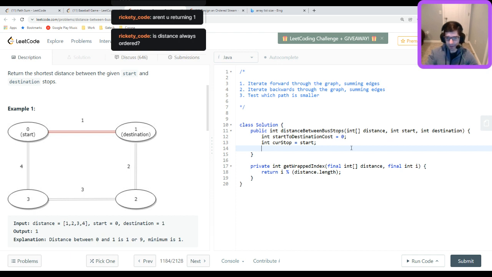Okay, so while loop, current stop is going to equal the start. And that's where we're going to get kicked off. So I think here I do need a wrapped... Do I need a wrapped destination? I don't think so. I think that I just want to make sure that my wrapped current stop, so the current stop taking into account that this is a circle, is always